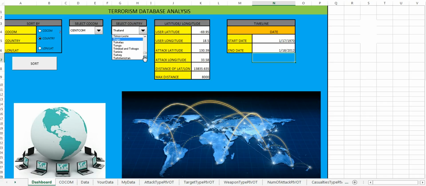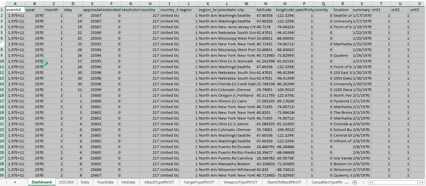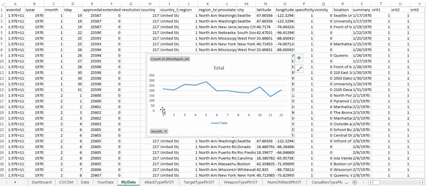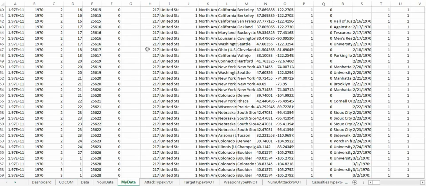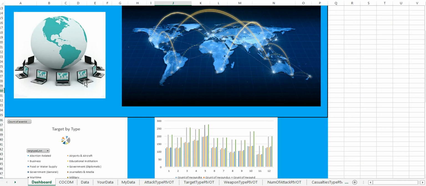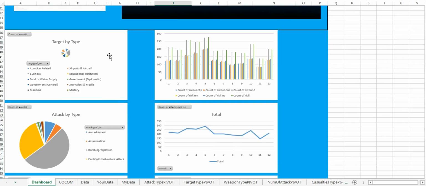So if we want to see terrorism data from the United States, we select country over here, and we hit country, and then we filter our data. Then ultimately you go to the My Data sheet, and all the data is sorted for the United States. And then we return to our dashboard, and here we see that we have a pie chart